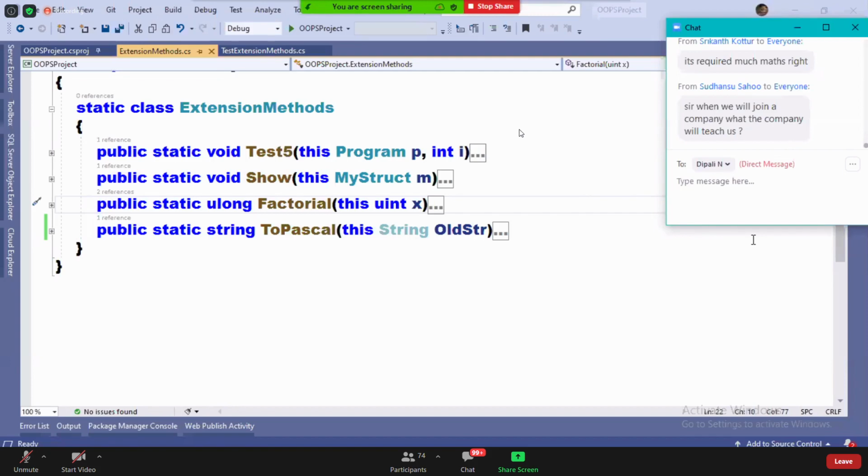When a company teaches us, it doesn't mean sitting in a classroom and learning. They will give you exposure on the project, guys. You are not productive, so they will give you time to learn. Someone has to tell you what is what.